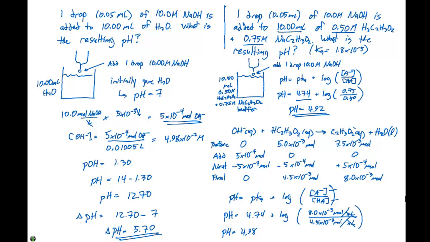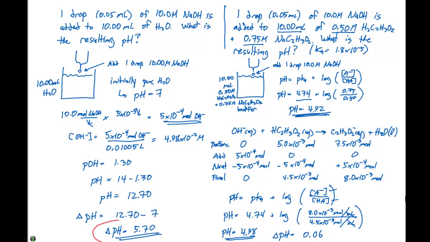Okay, so if we compare our initial pH, which was 4.92, to now our final pH, which was 4.98, our change in pH is going to equal 4.98 minus 4.92, which gives us 0.06 pH units. So if we look at the effect of adding 1 drop of 10 molar sodium hydroxide, on the